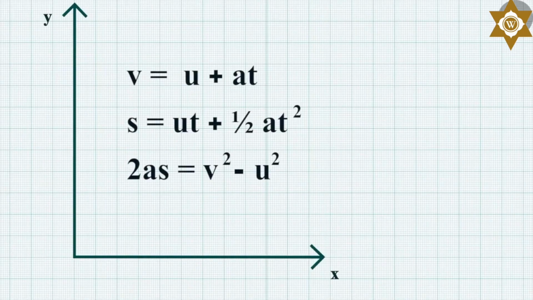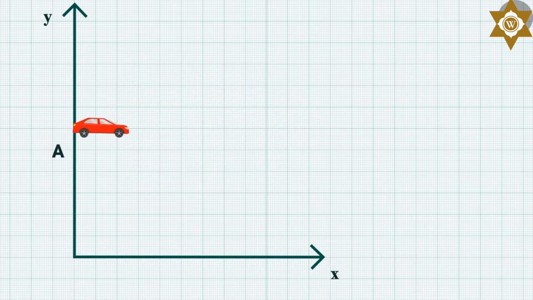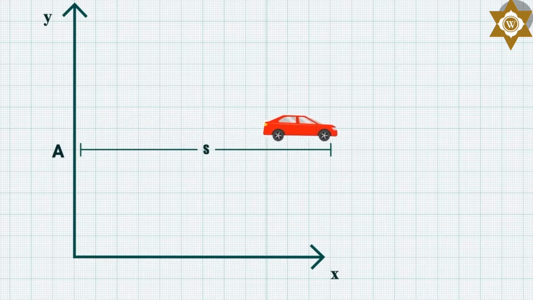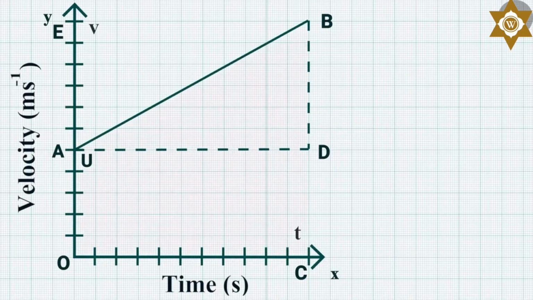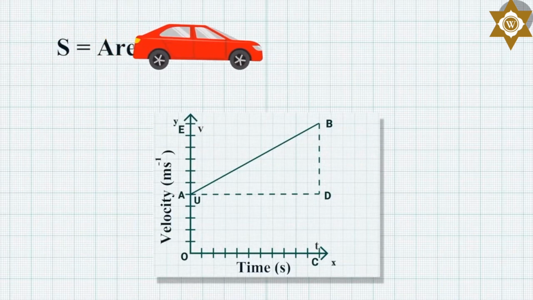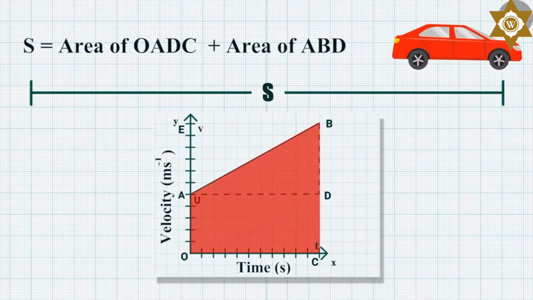Now, let's derive the second equation, equation for position-time relation. Let us say that a car has travelled a distance s with a uniform acceleration of a in time t. The distance travelled by the car can be obtained from the enclosed area OABC in the graph. Let the distance travelled by the car be s, which can be calculated as s is equal to area of OABC, which is equal to